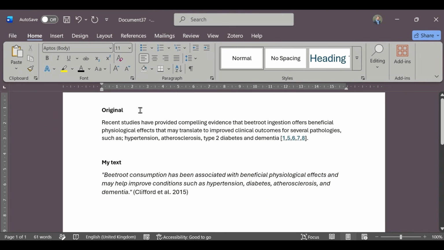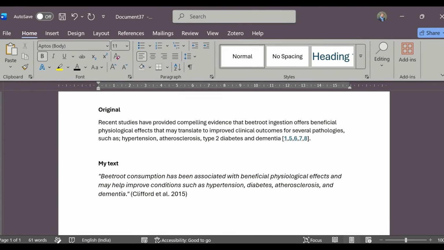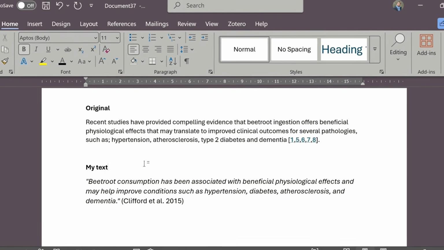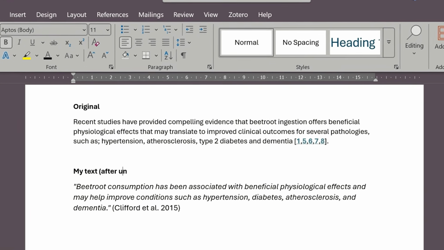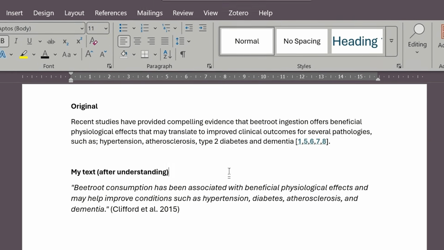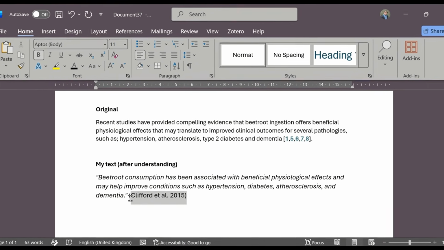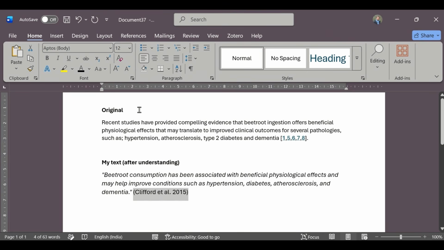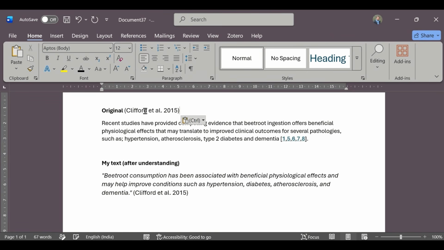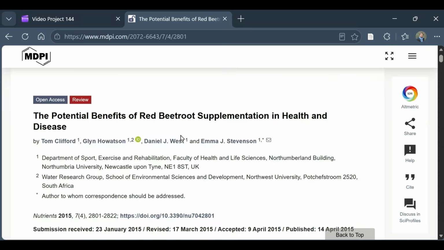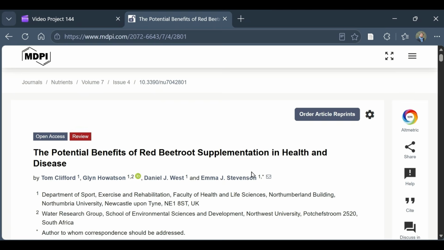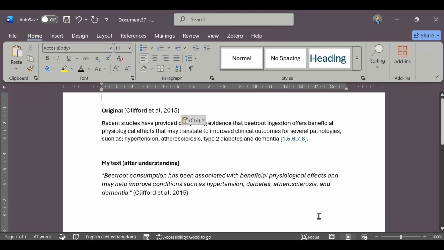For example, I might write, beetroot consumption has been associated with beneficial physiological effects and may help improve conditions such as hypertension, diabetes, atherosclerosis, and dementia. Notice the difference. I am not simply replacing the words or asking AI to rephrase the sentence. Instead, I first understood the scientific idea and then expressed it naturally in my own language without copying the original